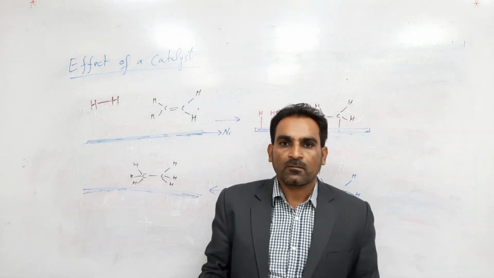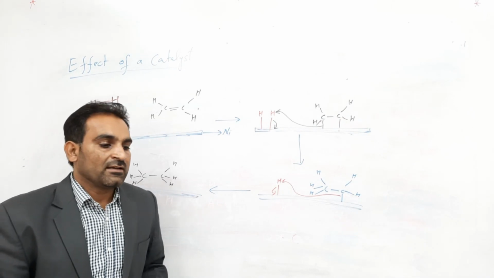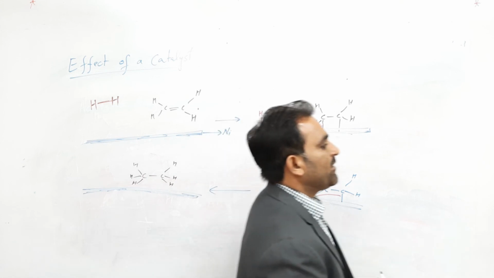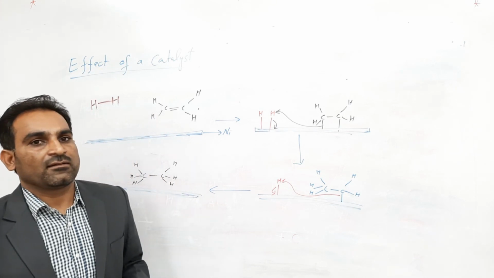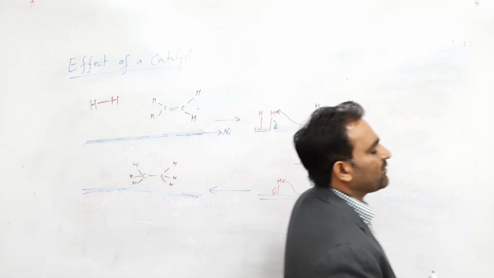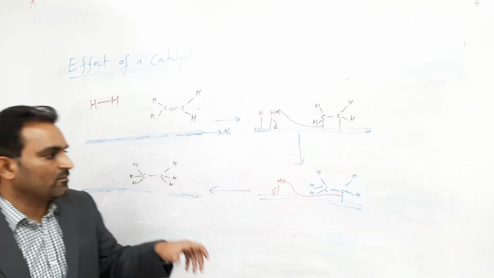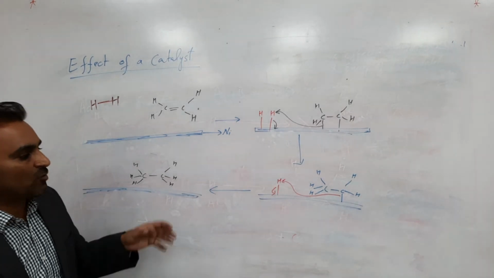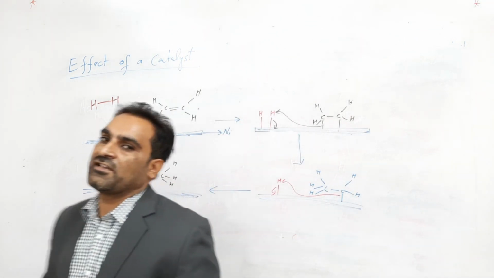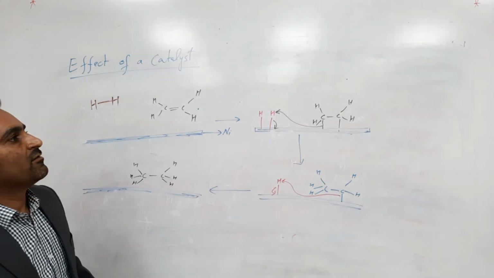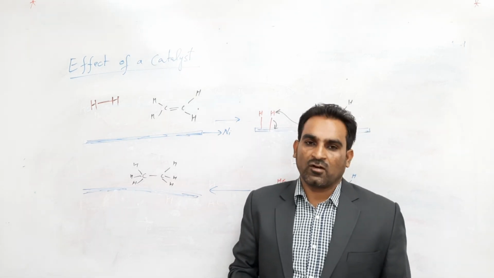In conclusion, we have a catalyst. A catalyst increases the rate of reaction by providing an alternative path. How will it provide an alternative path? For this you have two concepts. One of them is that the activated complex formed during the use of a catalyst has lower energy, so it will give you another path. And one more thing, that is the proper orientation. The catalyst helps reactant molecules get a proper orientation to come up with effective collisions. Now this is all for